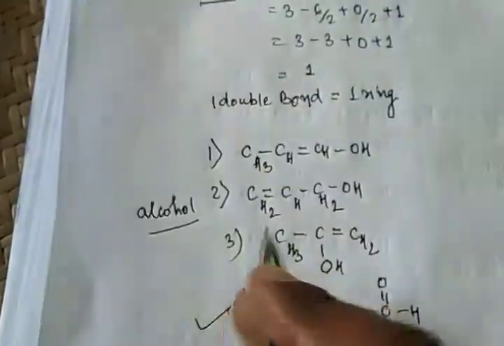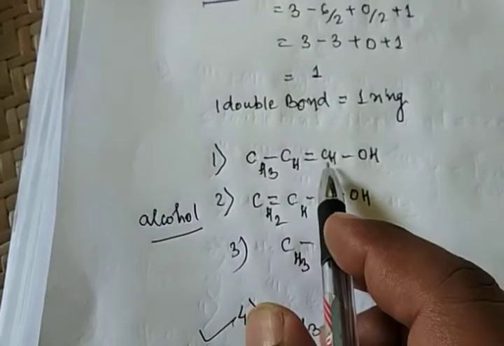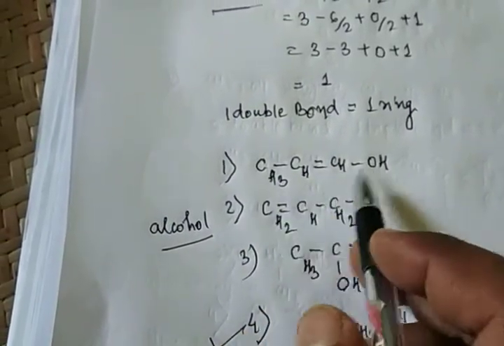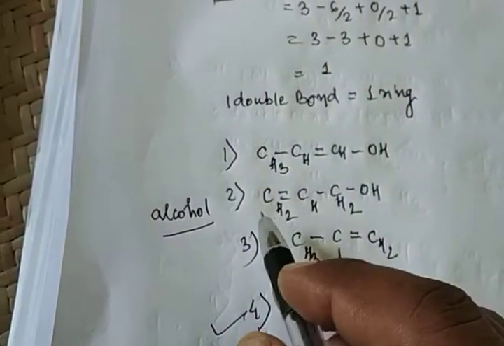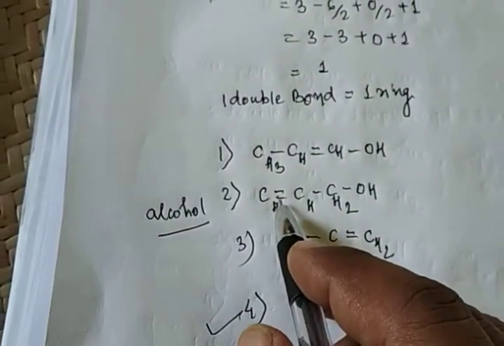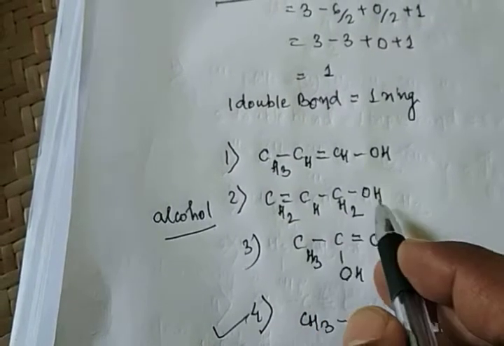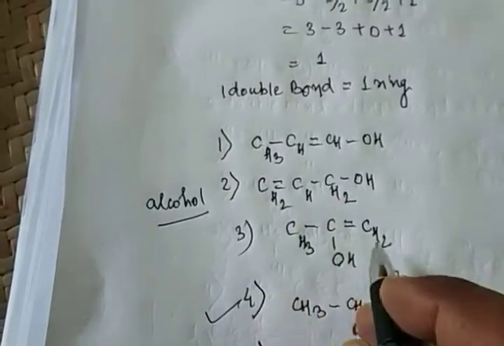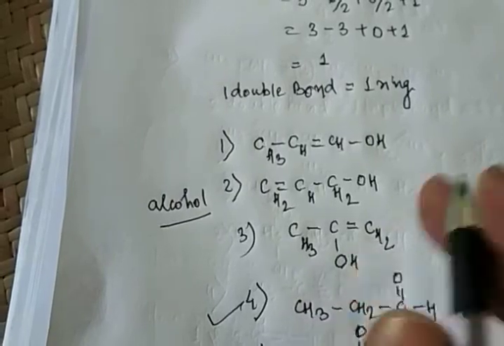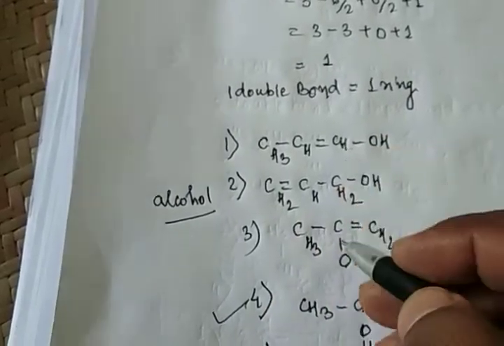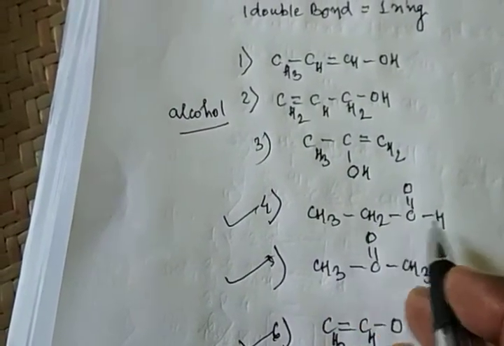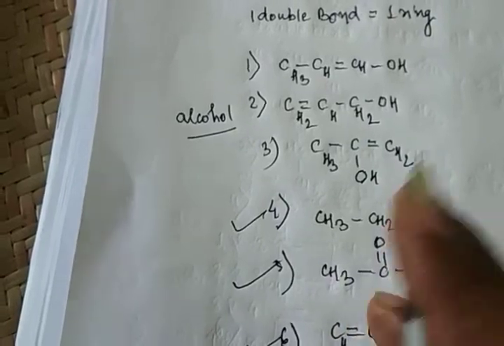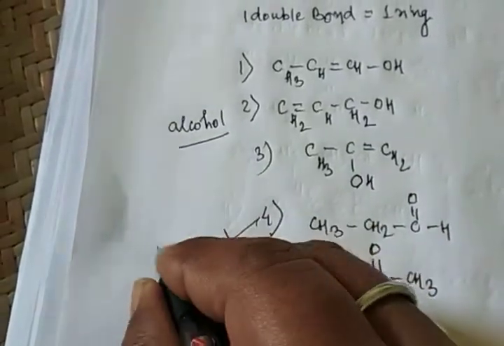So there is a different type of structure. 3 carbon, 6 hydrogen and 1 double bond. Clear? And 1 oxygen. So there is a second structure, with 1 double bond, 3 carbon, 6 hydrogen and 1 oxygen. The only double bond is there. So this is a part of alcohol. Now the next is the aldehyde formula, 3 carbon and 1 oxygen. This is a part of aldehyde.